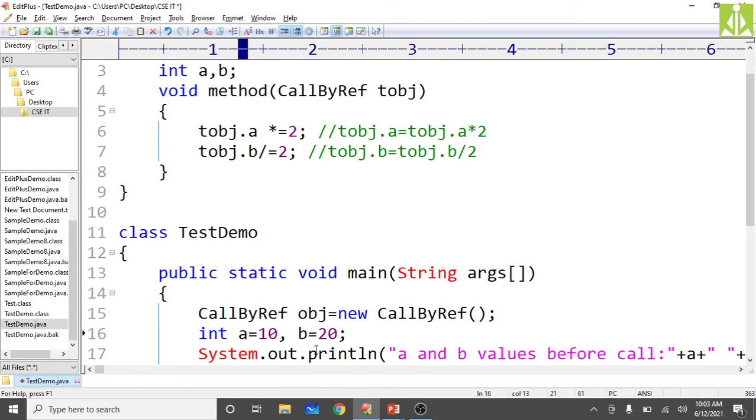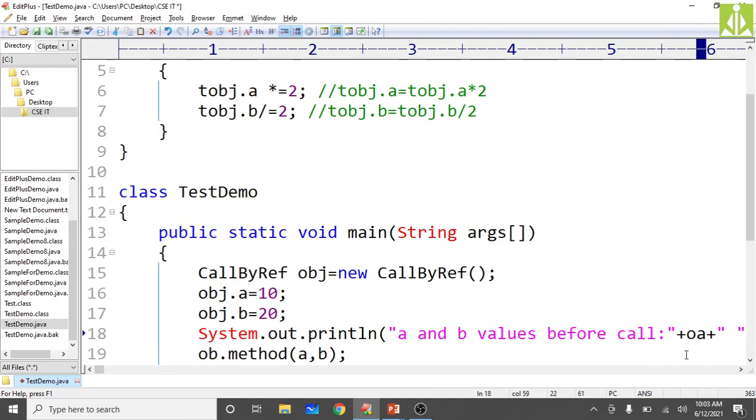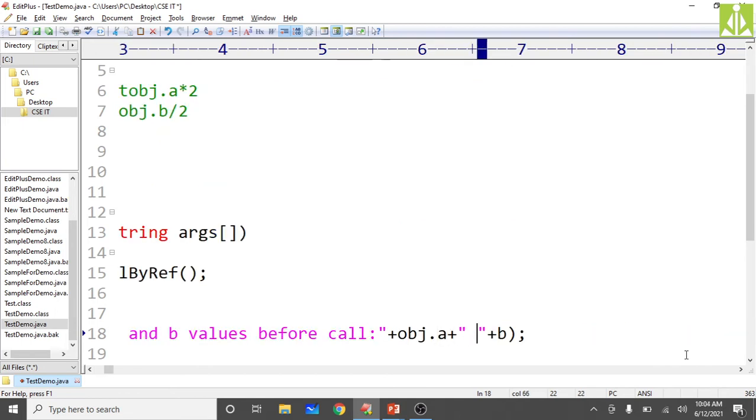So what I have to do is obj dot A equals 10, obj dot B equals 20. These are my actual parameters. Then print the A and B values before the method call: obj dot A and obj dot B.